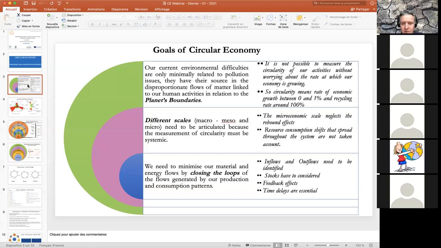But the problem is the connection with the stocks, because most of the time we measure the flows and we forget there is stock somewhere. It can be stock of product, but it can be stock of resource, of raw materials. And we need to engage a process to understand the feedback effect between the stock and the flows. Which means, for the moment, when we talk about the stocks, we have a kind of representation of stocks from an economic view. And you know that most of the time we explain that you have to reduce the stock to reduce the cost of production anyway.